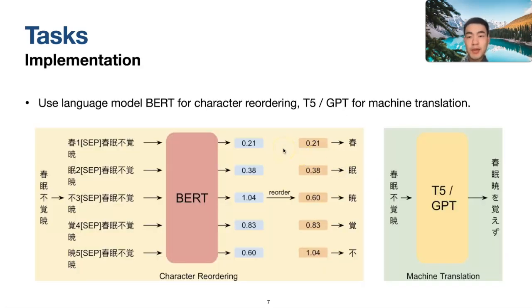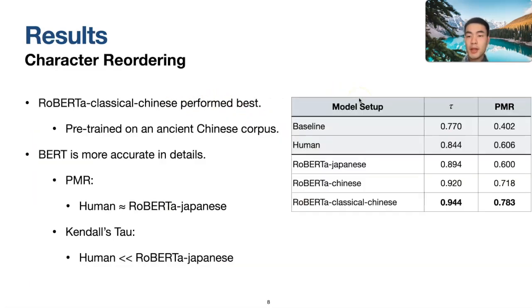And this is our implementation for the two tasks. For details, please read our paper. We use BERT for character reordering and T5 and GPT for machine translation. For results, for the character reordering, all of our models outperform the baseline and the human performance. The best model is RoBERTa-Classical-Chinese, which was pre-trained on an ancient Chinese corpus, and there is also an